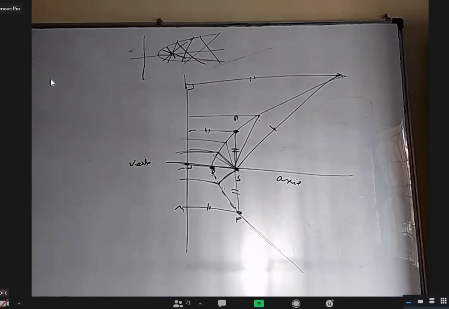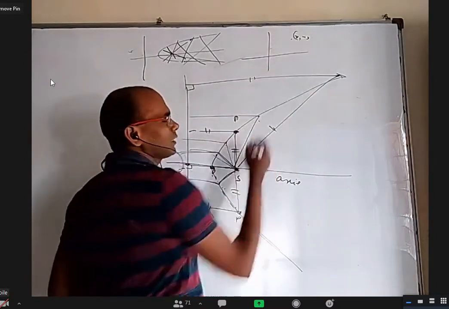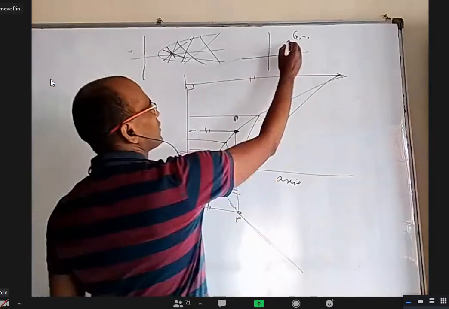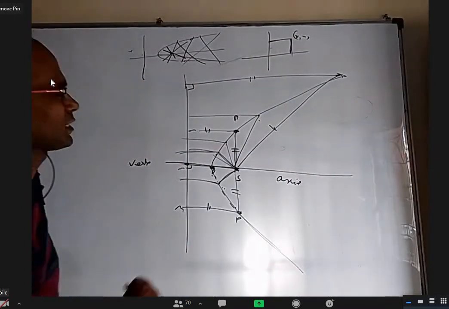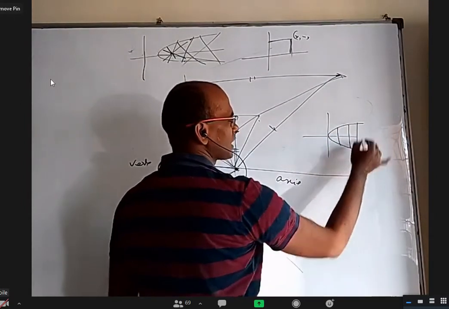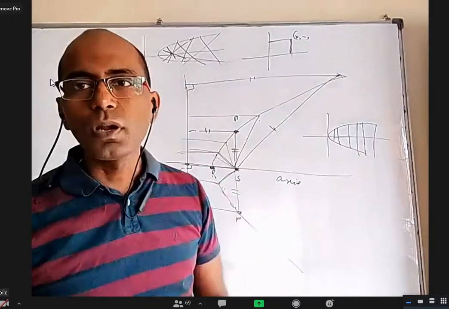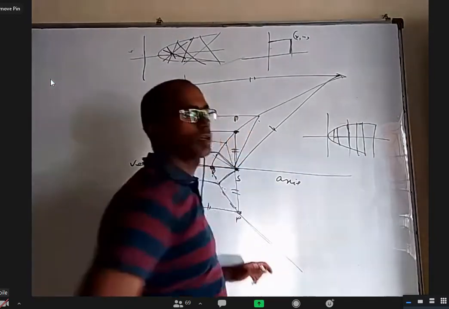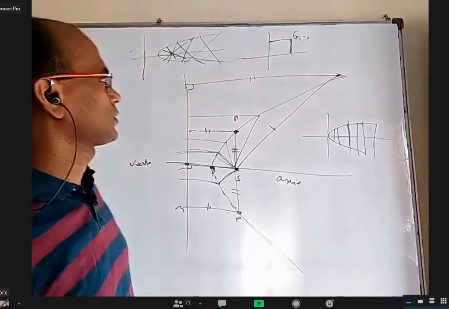Infinite. All of you know, if you take a point x comma y, x is called abscissa and y is called ordinate, right? This length is the abscissa, this length is the ordinate. If you take a parabola, all these vertical chords like this, which are parallel to each other, perpendicular to the axis or parallel to the directrix, are called double ordinates. This is one ordinate, this is one ordinate, but the total is called a double ordinate. So all the vertical chords are called double ordinates.